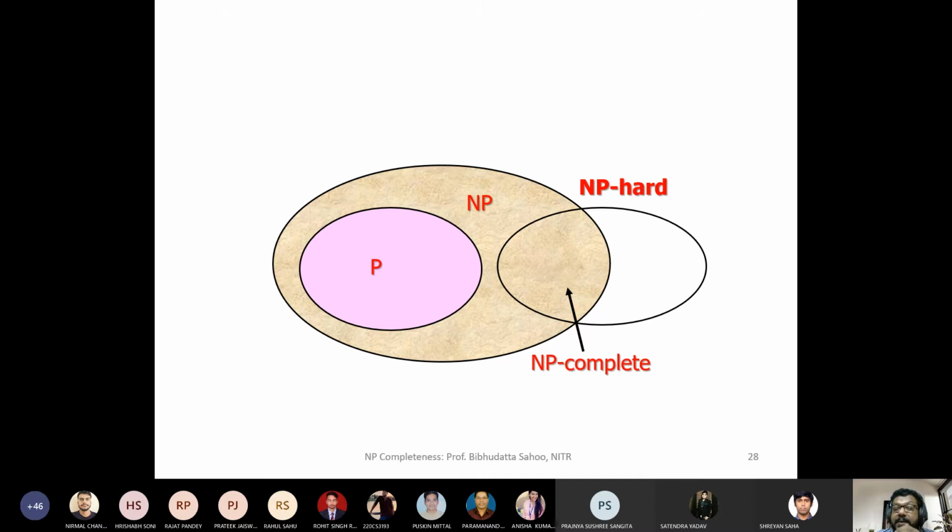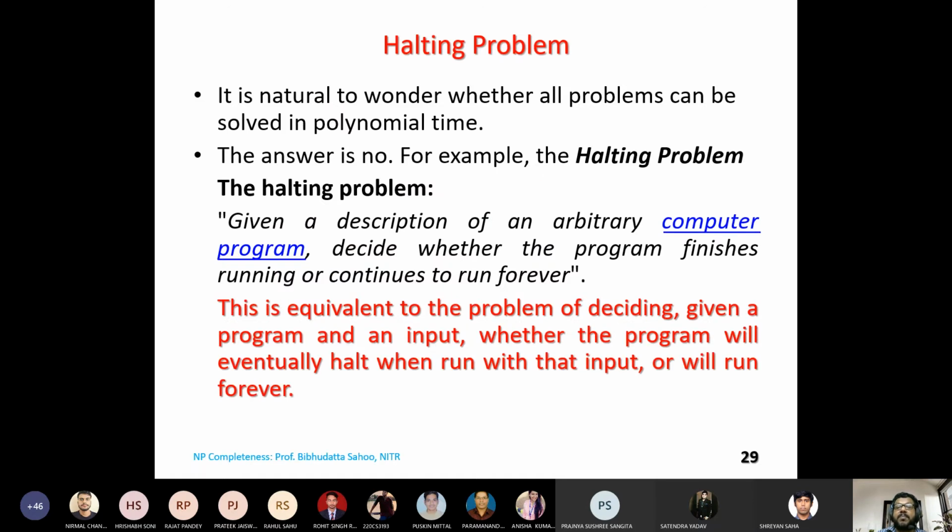What do you mean by NP complete? I'm saying I have not defined it, but you also do not land on any definition. Let us say something we want to call NP complete. Now we'll come to define what NP complete is. Let us say there is the rest of the problems other than P. We try to prove them NP complete or not. So far we have not defined NP complete, but we try to prove them NP complete.